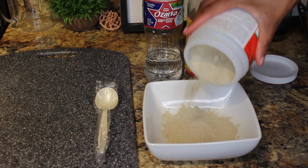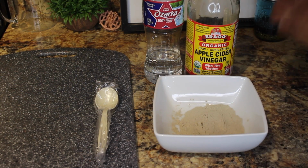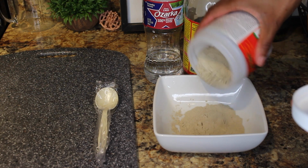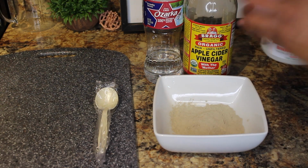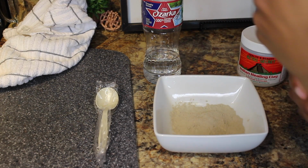Plus it didn't say how long the hair would be or how much it would cover, and I have a lot of hair. And then I just decided, nah, I need a little more. It still wasn't enough, but I'm glad I did this. You'll see why. Next, I'm going in with the apple cider vinegar, and it is good to put this in